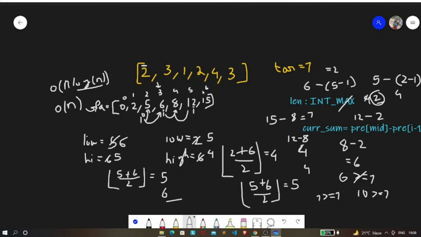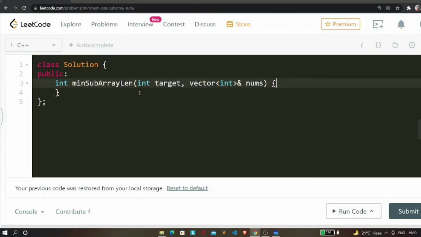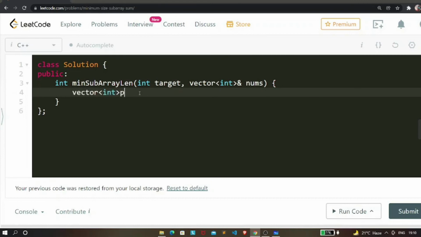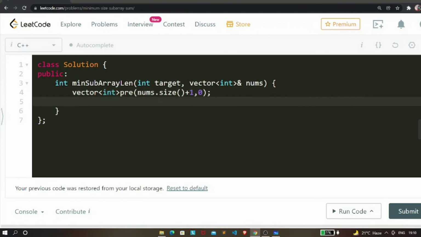So now let's see the code for this algorithm. At first we're going to have a prefix array. So let's consider a vector of type int, pre, of size num_size plus 1, where each element is nothing but 0. Now let's consider a for loop, where I starts from 0 and goes up to num_size.